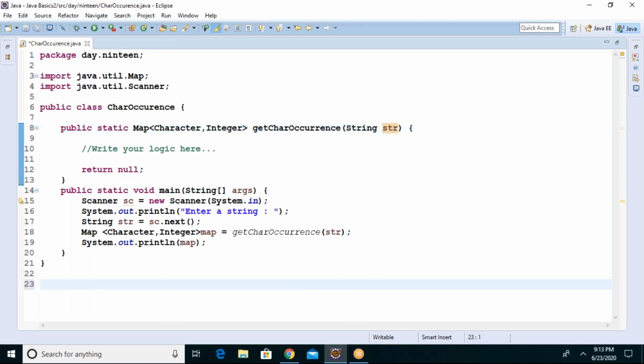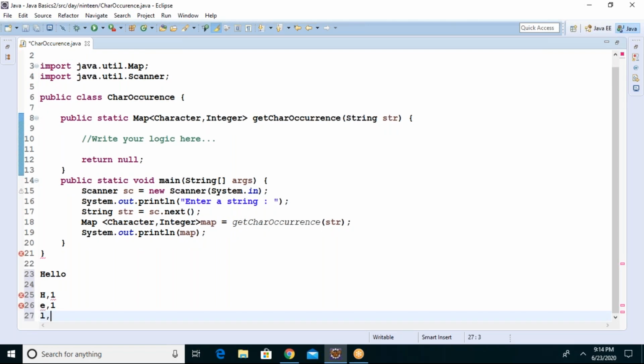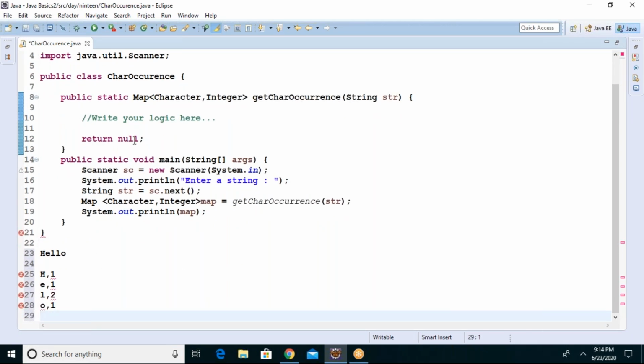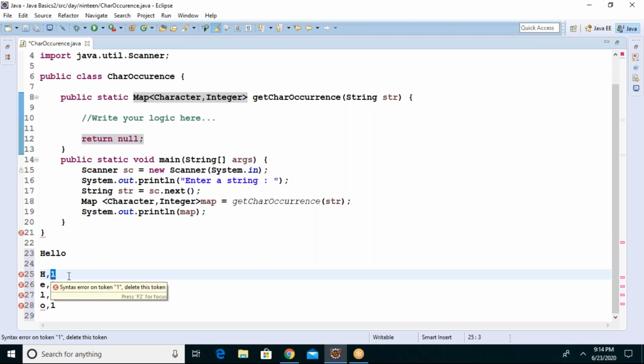For example, if I give hello as a string, you should put h as a character, 1 as an occurrence, e as a character, 1 as an occurrence, l as a character, 2 as an occurrence, o as a character, 1 as an occurrence. In the map which you are returning, you should contain the first, a character as a key, and second, an integer, its occurrence.